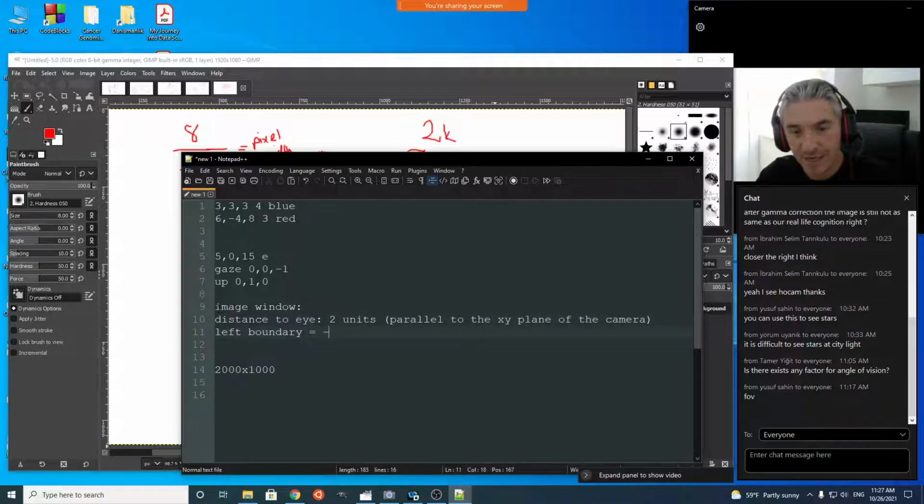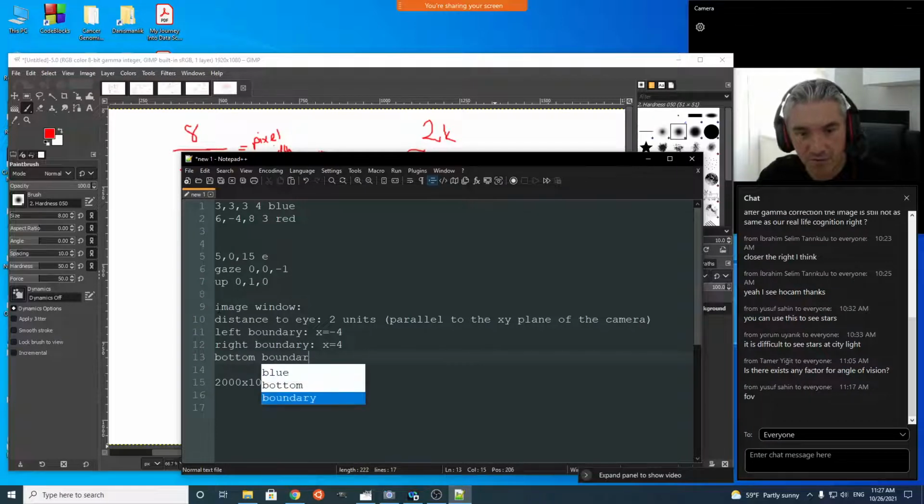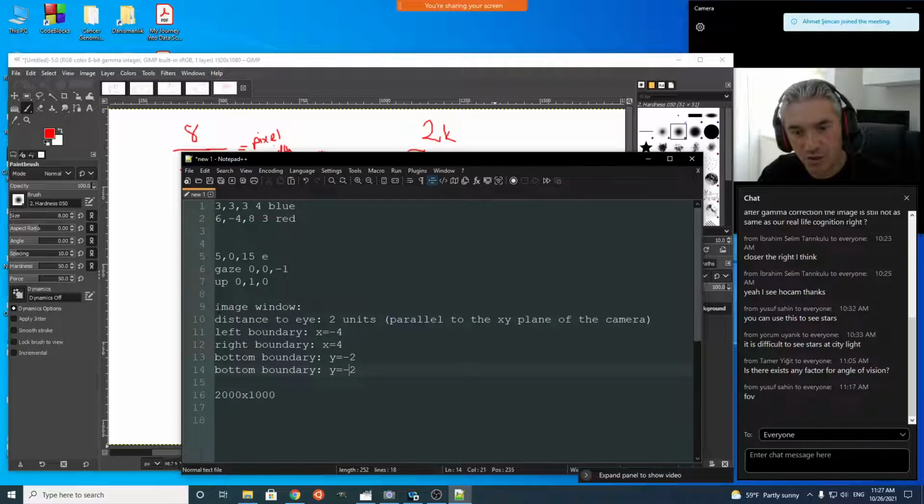And its left boundary is at -2. We can write its left boundary is at x equal to -2, right? Or it was -4, right? We decided on the larger window. Since it's symmetric, we can have the right boundary at +4, bottom boundary at y equal to -2, and top boundary at y equal to 2, and